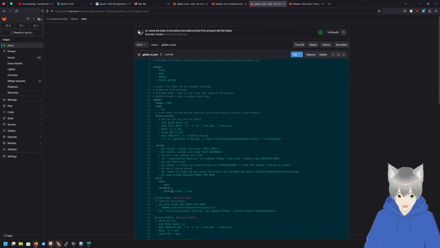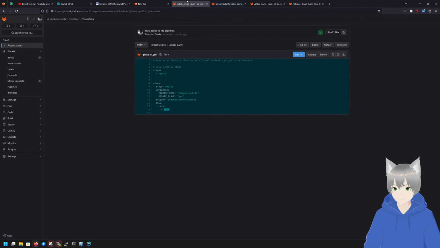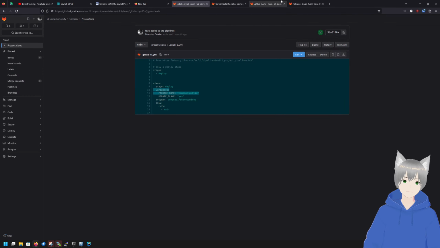So remember how, if I go back to presentations here, presentations here set 2 variables, update flake and package name. These 2 variables were set, and they get passed down to the next pipeline.